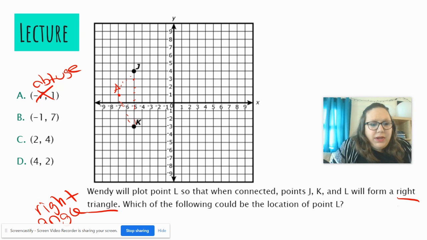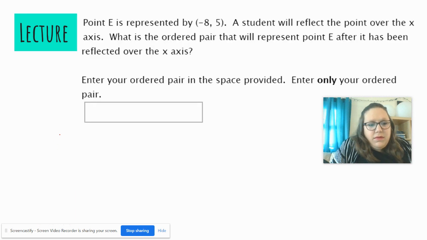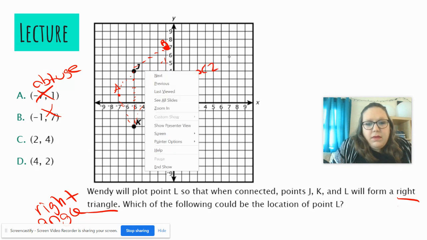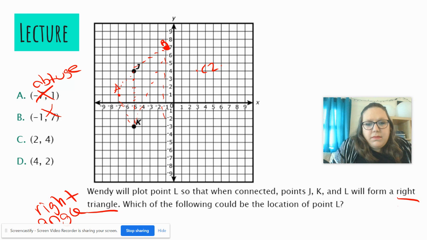So that would not form a right triangle. (-1, 7) for B would also form an obtuse triangle if you look at it here, so that's not a right triangle. Then we have the point (2, 4). If I made this triangle here,